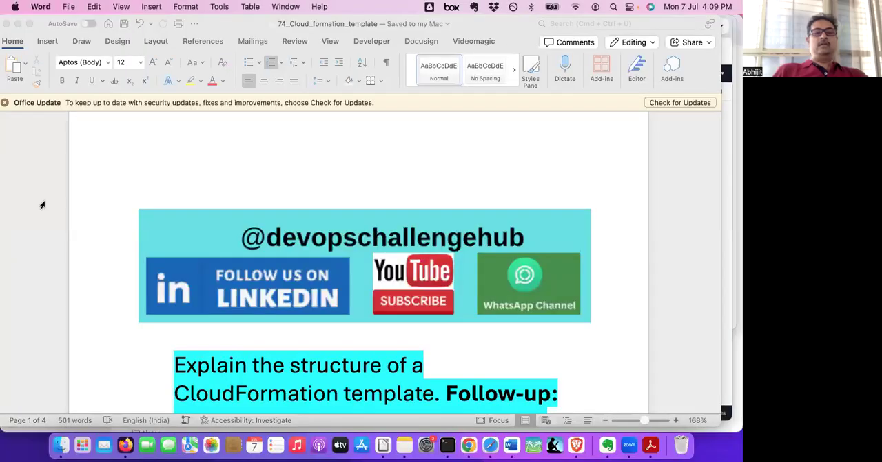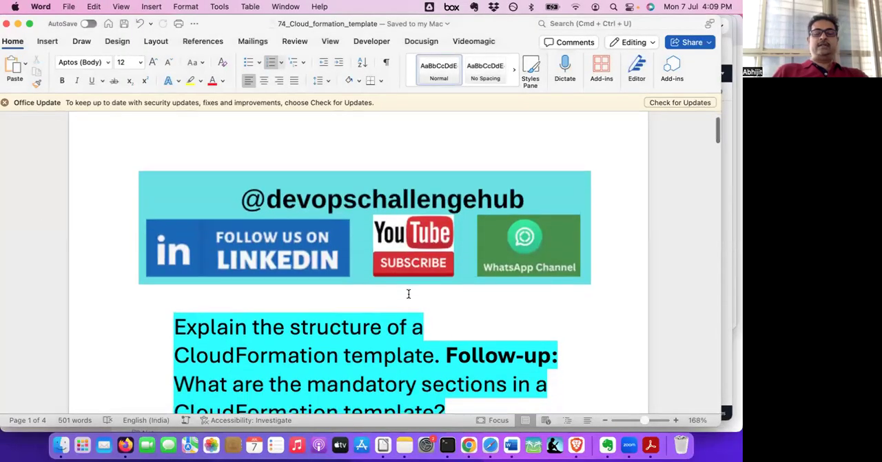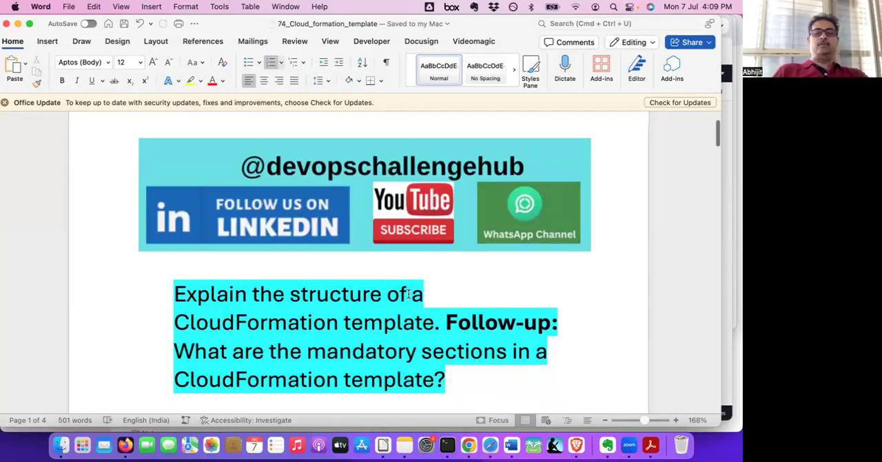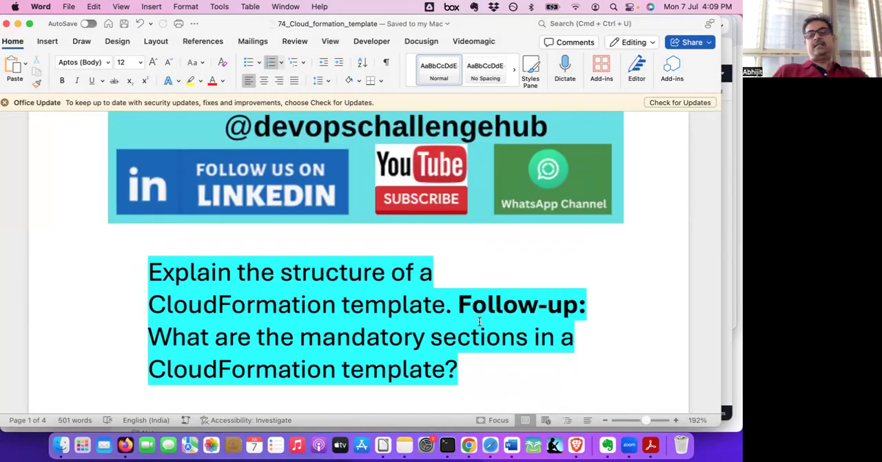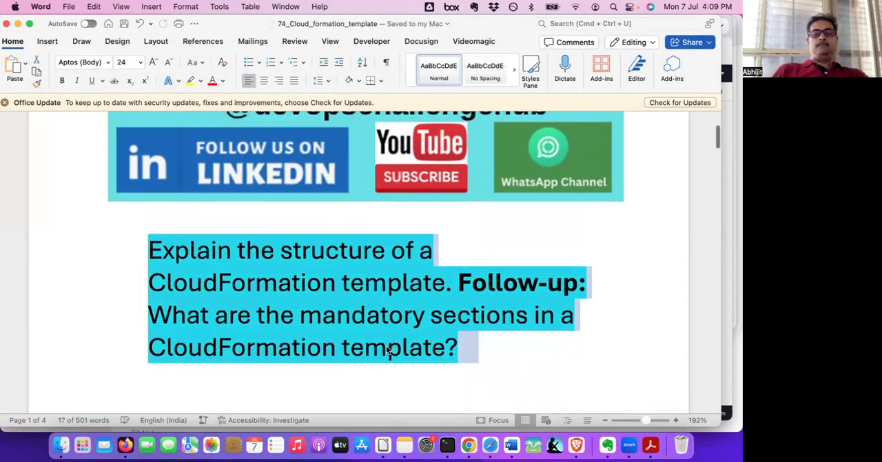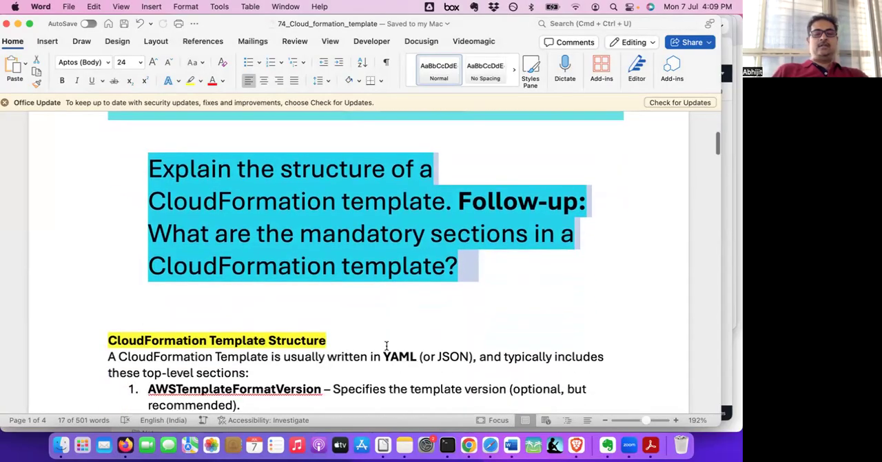So let's start with today's interview question. And today's interview question is: explain the structure of CloudFormation template. So what are the items that go into a CloudFormation template? And there can be a follow-up question: what are the mandatory sections in a CloudFormation template? So let's have a look at what are the